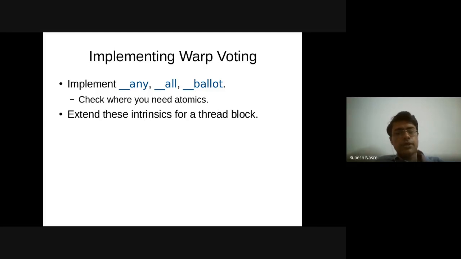So the first method that I mentioned is that the representative, that is thread 0 of each warp, is going to communicate with each other, and they all are going to then find out what is happening at the thread block level. But I'm saying that there should be a better way to get this done. What would that be?